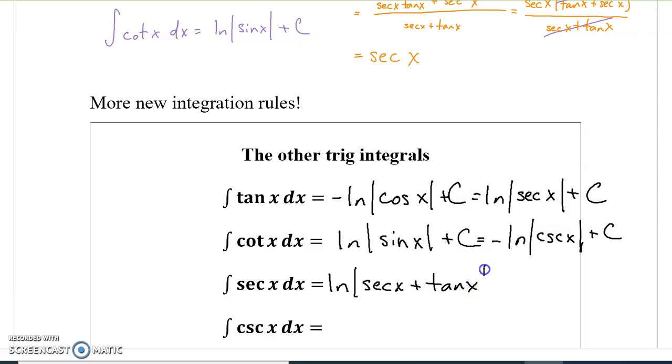And again, based on some symmetry, you might be able to figure out, or if you just experiment, you can find out that the cosecant is going to integrate to the natural log of the absolute value of, instead of the secant and the tangent, the cosecant and the cotangent. So there are a lot of